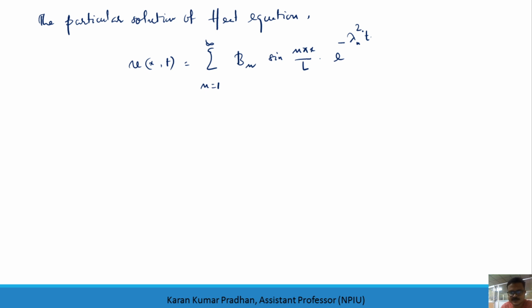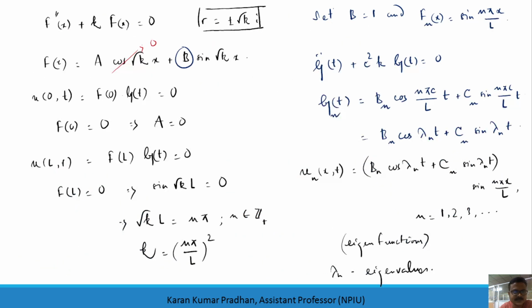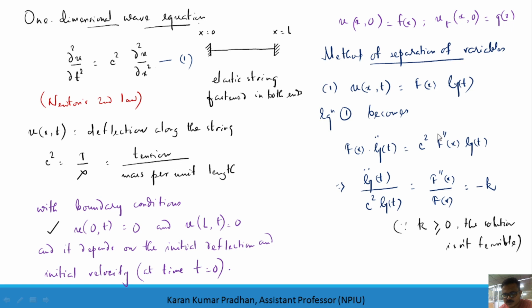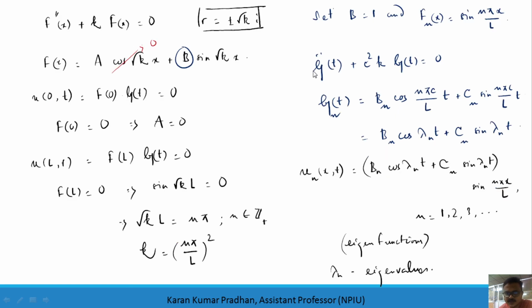Yes, we'll get this one. See why there is this issue, I'll show you. This is fine: the second order ODE you will get related to x, if I consider the separation of variables. But you cannot get a second order ODE related to time t, that means related to g.